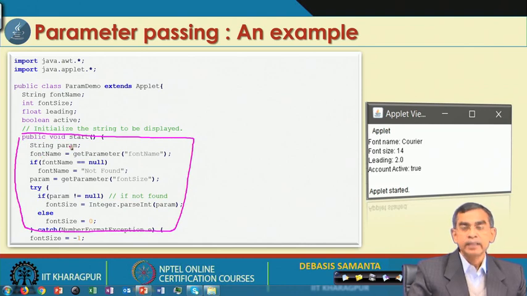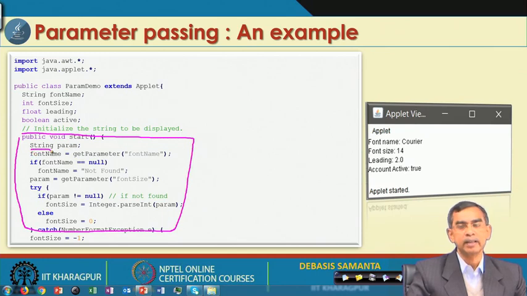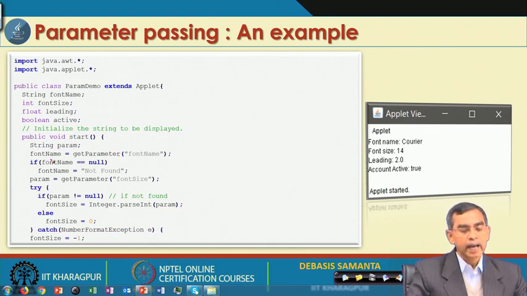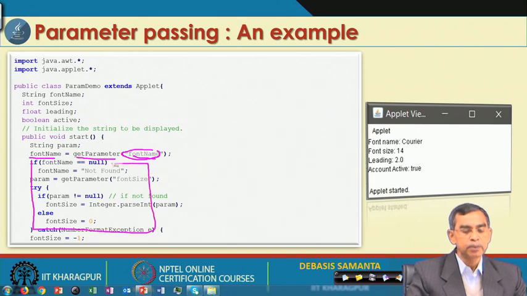Here in this case we can read the value from the start method. Now, as you see, all the parameter values that will be read from the HTML page are read as a string. So, let the name of the string be param and read, and from this parameter string we can convert into different forms. So, getParameter fontName, which is there in the HTML page, we will get this, and then fontName will be there. So, this is the parameter, fontName for the courier. So, fontName is currently the courier, and a try catch is mentioned in case this value is not present in the HTML page.